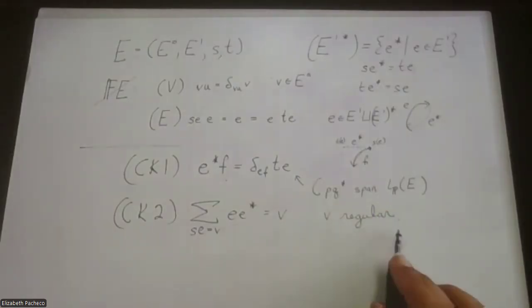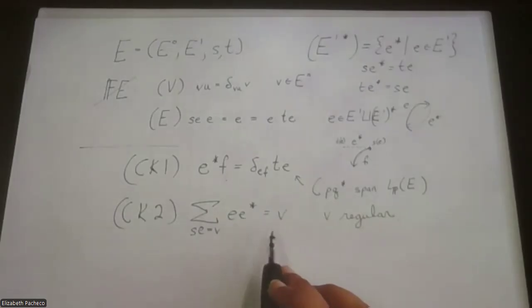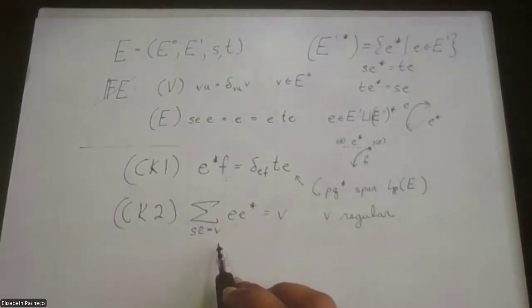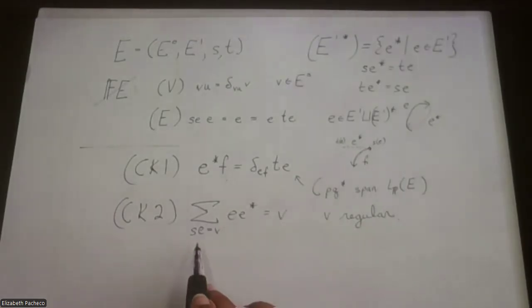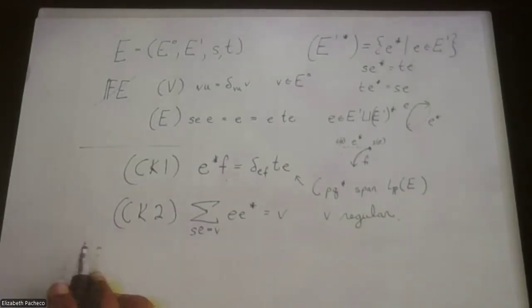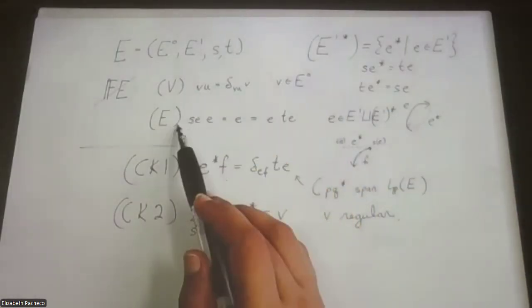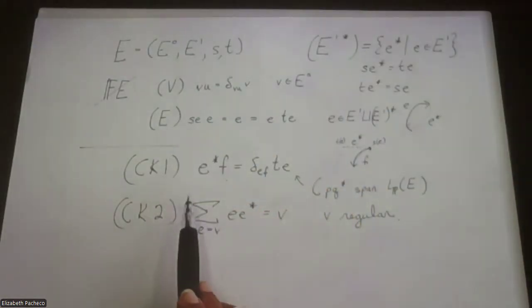So I have to insist that V is regular, because if V was an infinite emitter, this isn't a finite sum. This doesn't make sense, at least in Leavitt. Even not in Leavitt, it turns out. If V was a sink, then the empty sum would of course be 0. I would be declaring my vertex to be 0, which is also maybe, as you think about it, not necessarily cool. Okay, so these two relations of the path algebra, these two additional relations that we get from